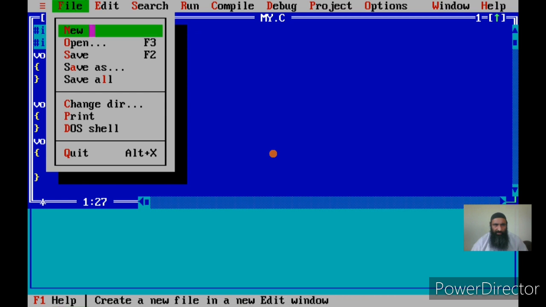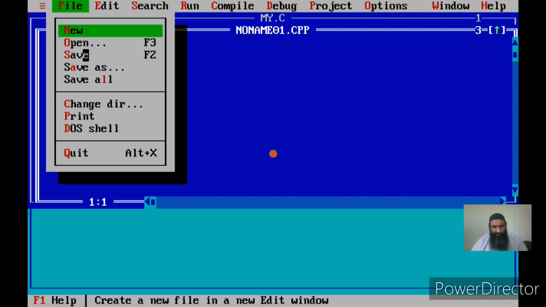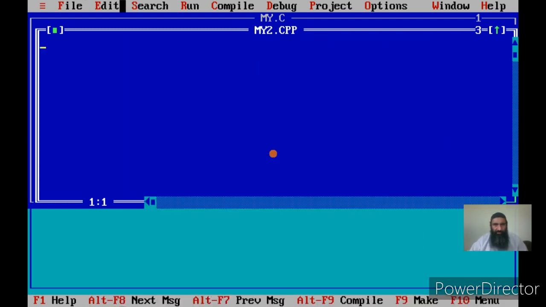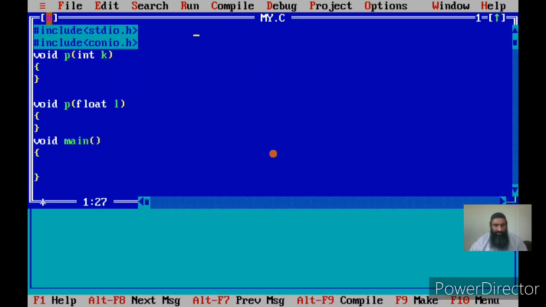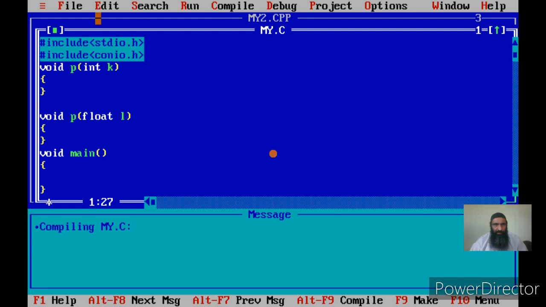Now if I create a new file, I will save it with the extension .cpp, as my2.cpp. This is now the second file. I have these two files in the same program, my.c and my.cpp.